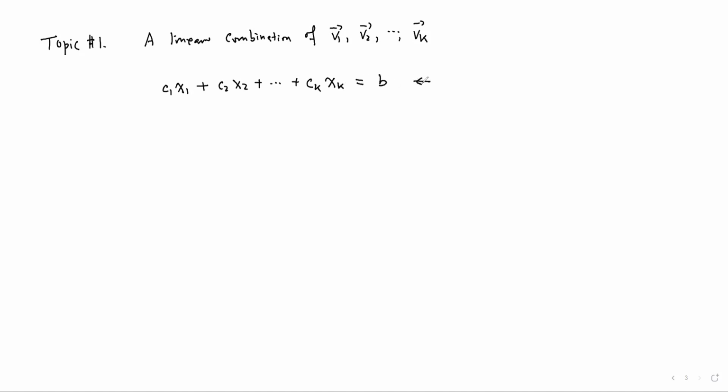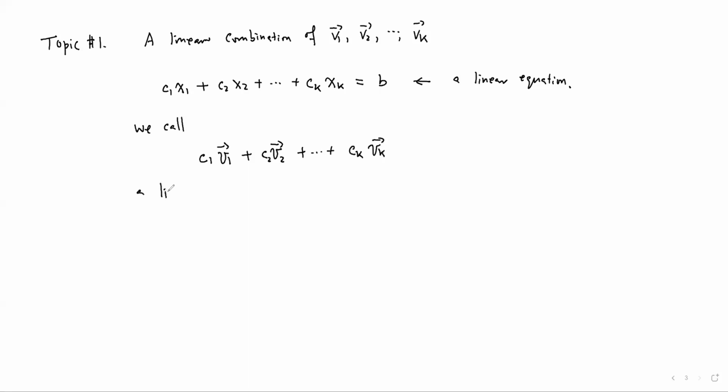We call this equation a linear equation. Similarly, we call a number times a vector plus a number times a vector plus a number times a vector, k vectors, so c1 v1 plus c2 v2 plus up to ck times vk